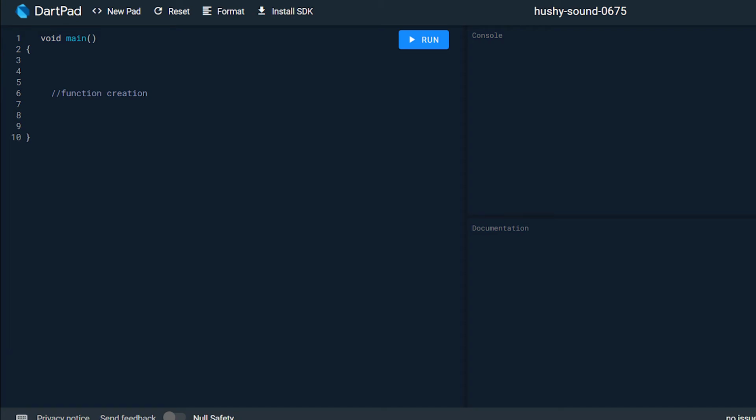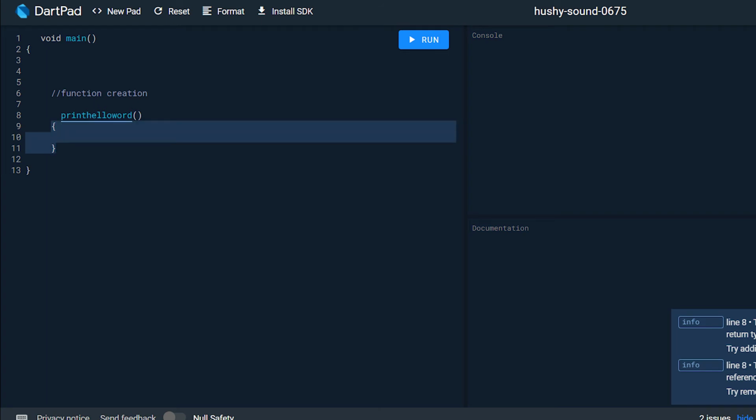In this case, we put print hello world as our function name, and after defining the function name, we have to put the opening and closing brackets, and after them, we have to mention the opening and closing curly braces. These curly braces define the function block. The code inside these curly braces is known as the code of the function.